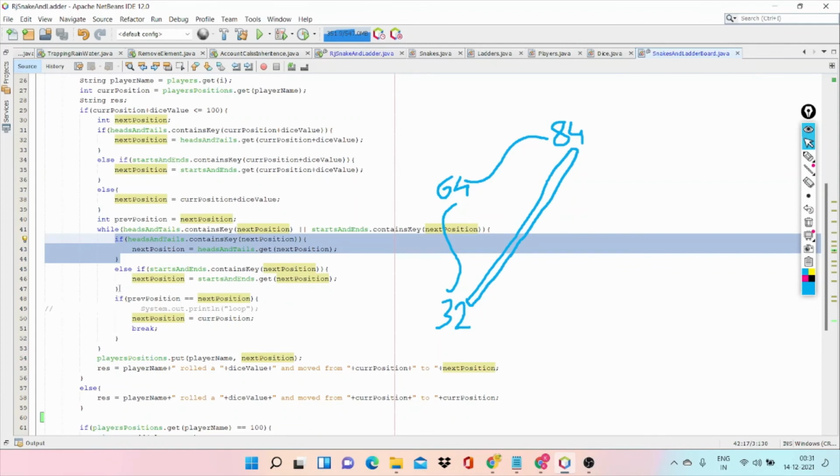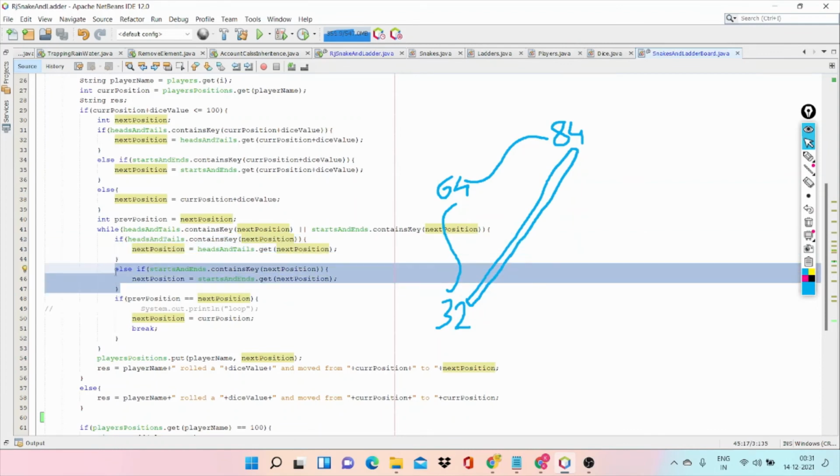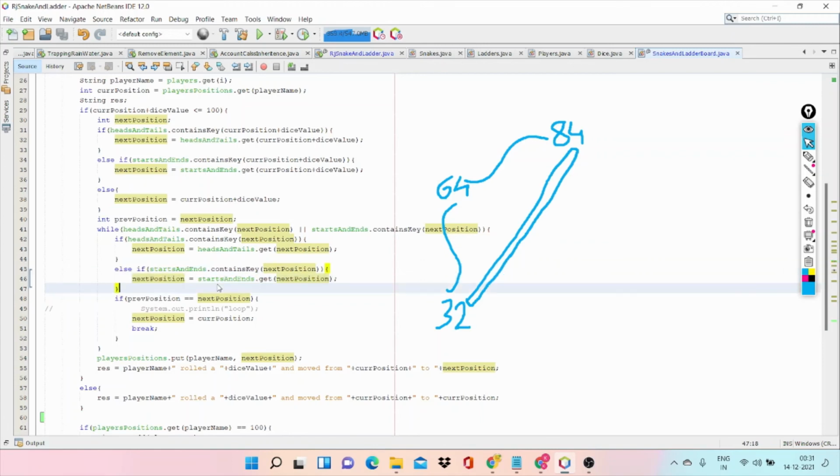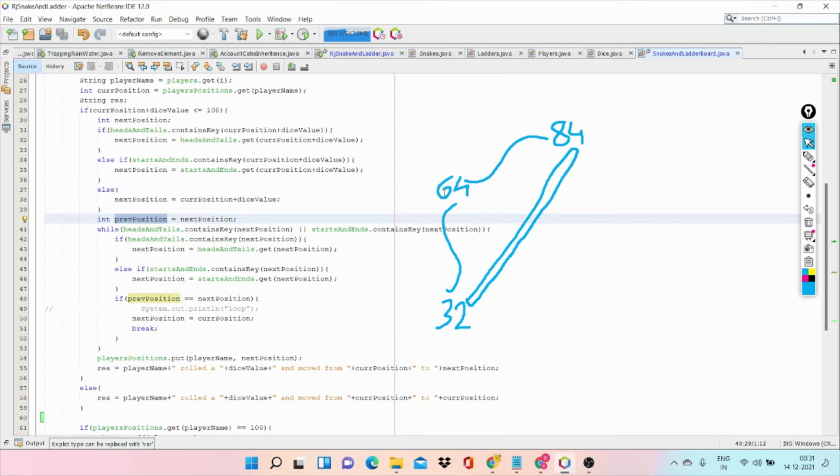If it contains a ladder, we need to get the end position. This process continues until we get a false condition in the while loop, or else we compare the previous position with the next position, where initially the previous position is stored as 64.